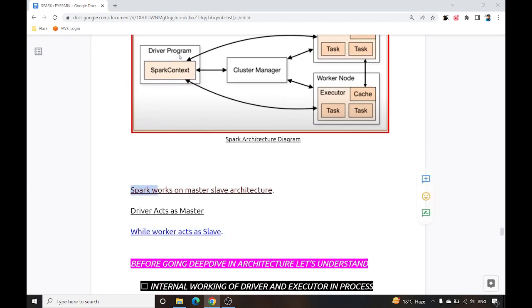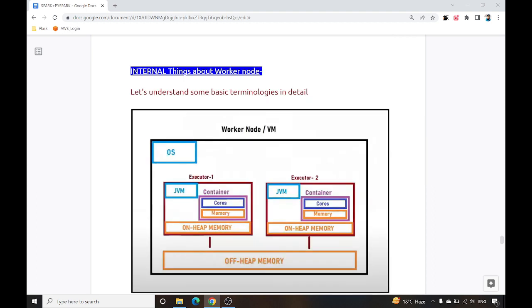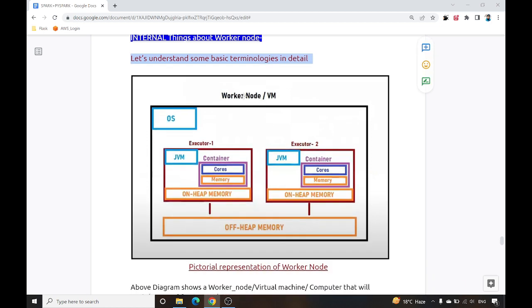Spark works on master-slave architecture. Driver acts as master while worker acts as slave. Before going deep into the architecture, let's understand the internal working of the driver and executor, and the internal things about the worker node. Let's understand some basic terminologies in detail. So you can see this is the worker node, a virtual machine.